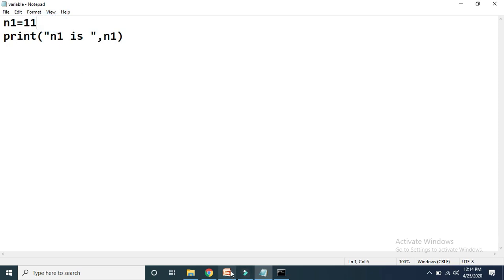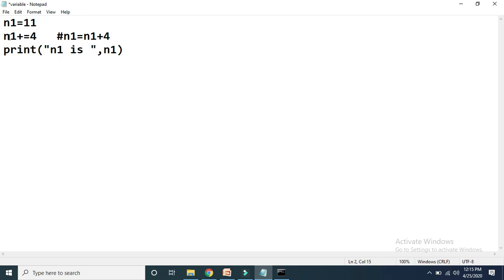Now I want to discuss addition assignment. If I write n1 plus equal to 4, which operator have I used? Here I have used addition assignment. In the comment I want to elaborate this statement. This statement is nothing but n1 is equal to n1 plus 4.